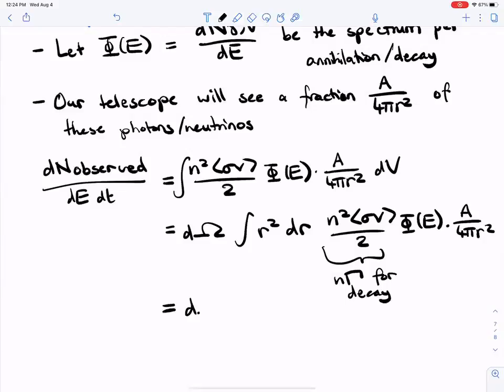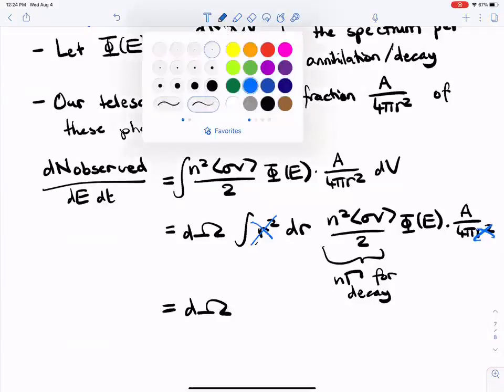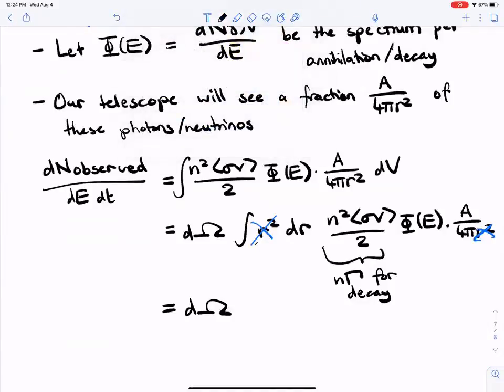So we can simplify this expression a bit. In particular, this r squared cancels out with this r squared. So we're going to have, if we assume that the cross-section doesn't depend on position, which is not always true, like if it's p-wave suppressed or Sommerfeld enhanced, the cross-section will depend on the velocity of the particles, and that can depend on where they are in the universe. But if that is true, then we can write this as